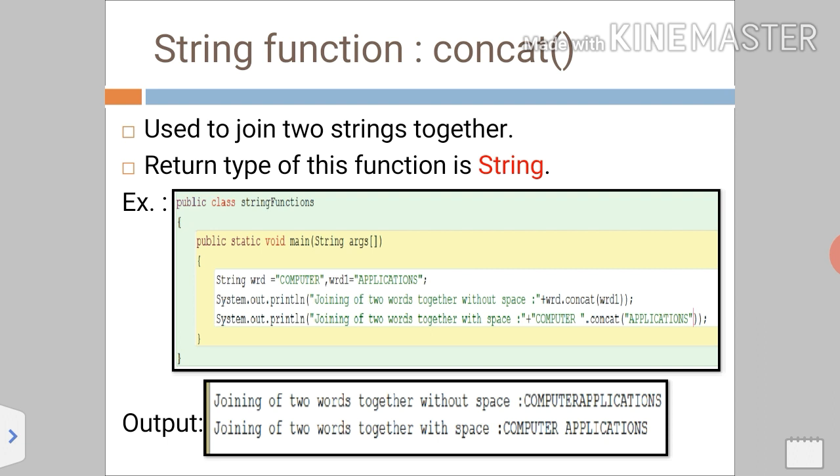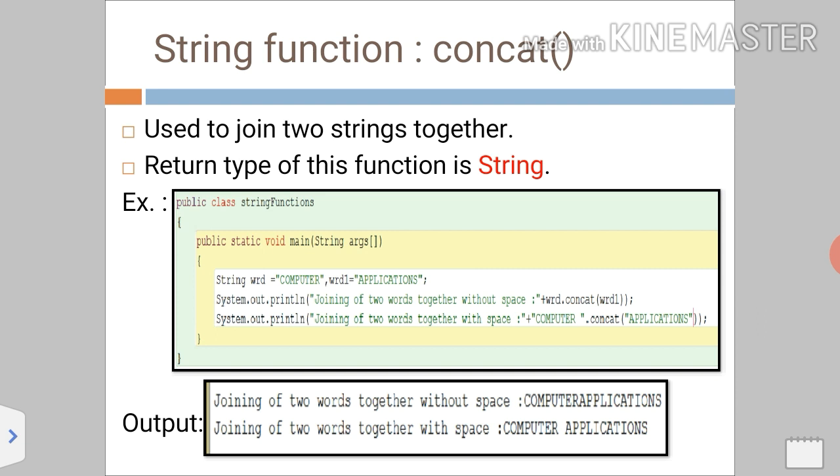But in the second one I had provided space. After computer I had provided a space because I want space between computer and application. That's why I had written computer space, then dot concat applications. If you want space, then you have to provide it either at the last part of the first string or the first part of the second string.